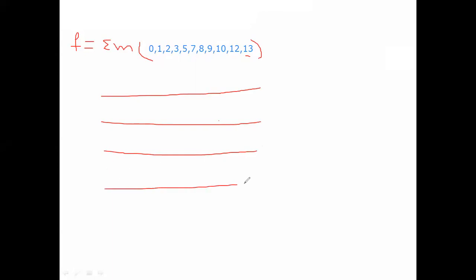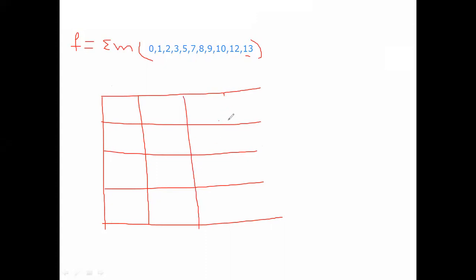Previously we took A, B, C, D. Now we are taking P, Q, R, S or W, X, Y, Z. Whatever it may be, we can take any variables. Otherwise, we take the same variables A, B, C, D.